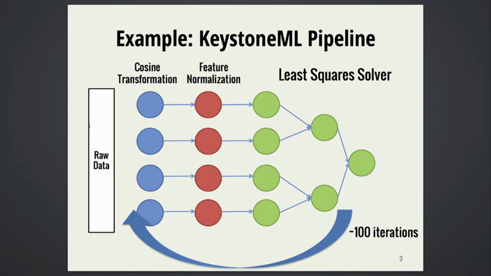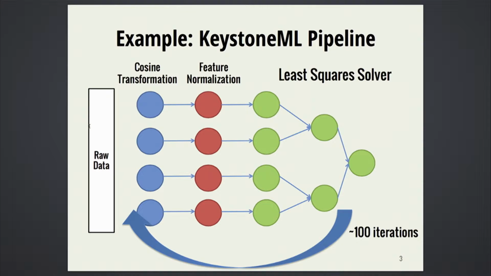One of the projects that I've been very closely involved with is called KeystoneML. You'll be hearing a talk about it in detail tomorrow, but at a high level, KeystoneML provides an interface or a framework for doing large-scale machine learning. When we talk about how we're going to build and deploy advanced analytics workloads, one thing that's useful to understand is what these workloads look like and what some of their properties are.